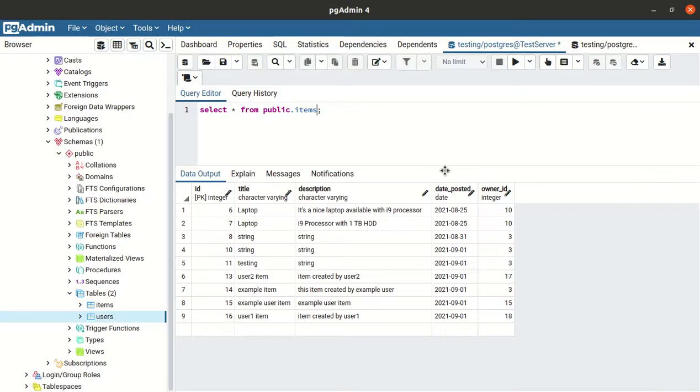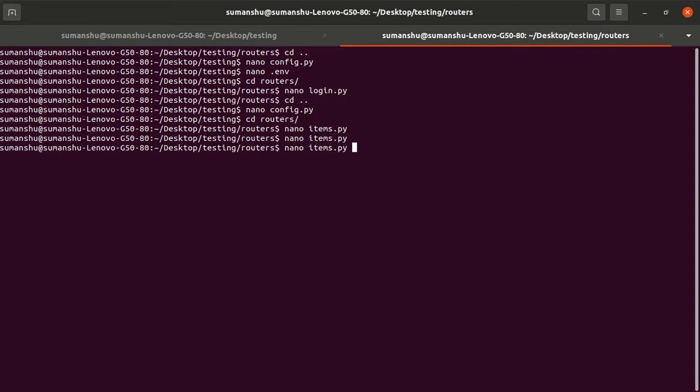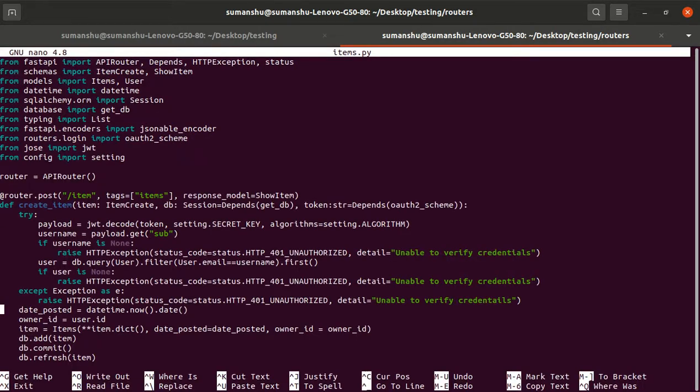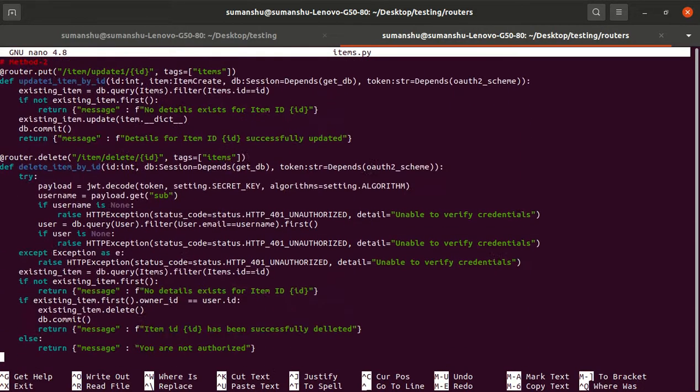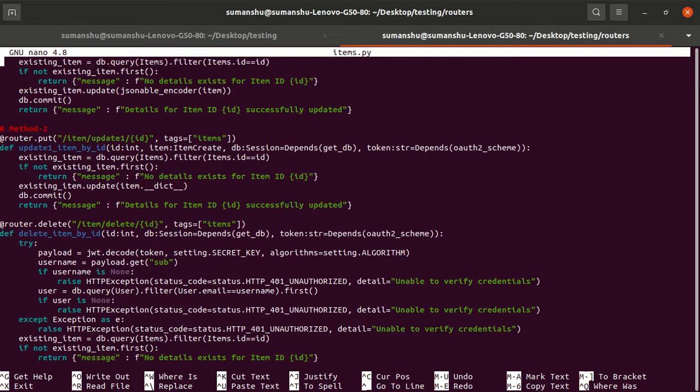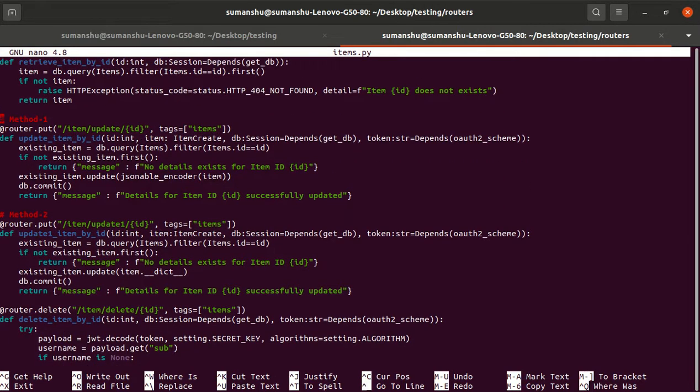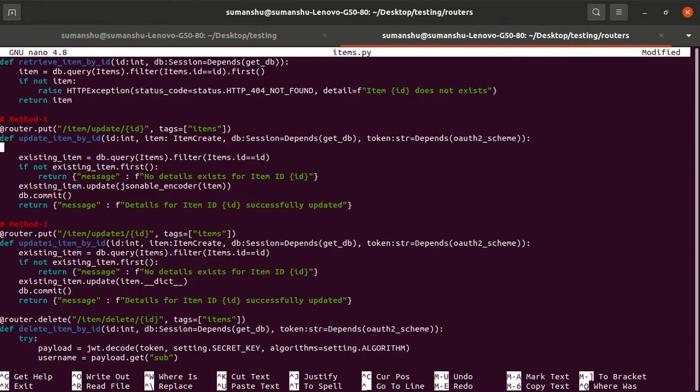So we have added the authorization functionality into the delete method as well. So now try to implement the authorization functionality into the put method. So only those items can the user modify which are created by the user itself. So the same logic we will apply, that is try block.